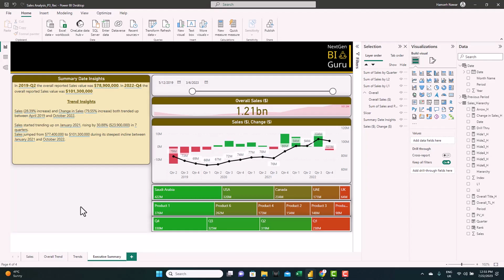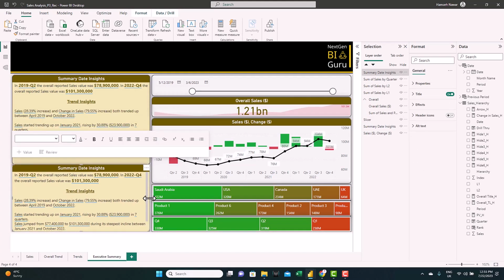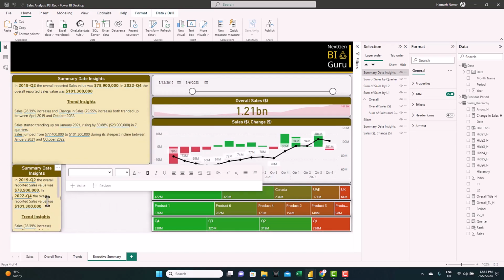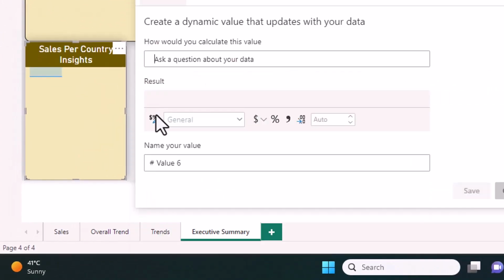Now let's create dynamic values to show the sales in different categories. First, let's copy this text box and resize it and place it below here. Let's empty it and let's change the title first for sales per country insights. Next, we'll add a value and we'll search for the country or L1 with highest sales.